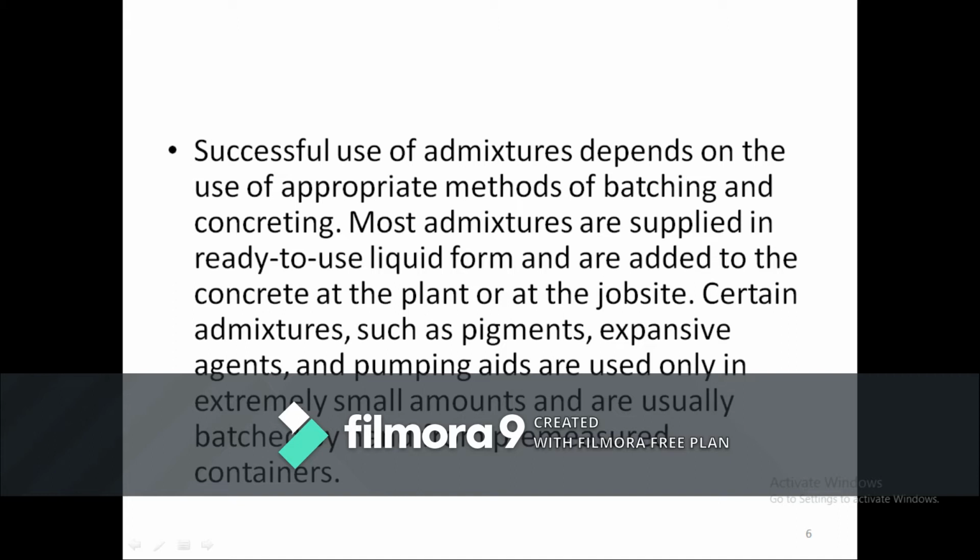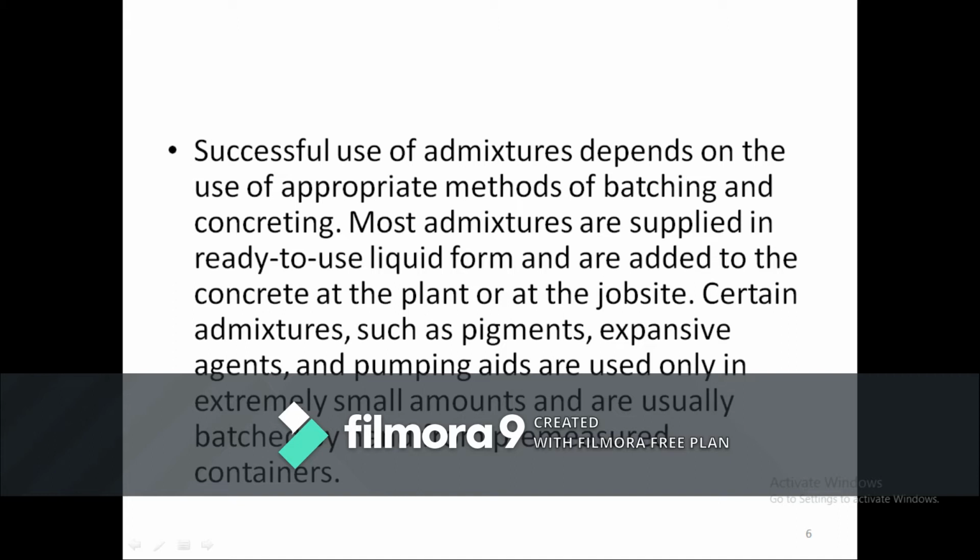Generally, whenever admixtures are considered, we consider the use of admixtures and also we check the amount of admixtures added by volume, batching and other methods.